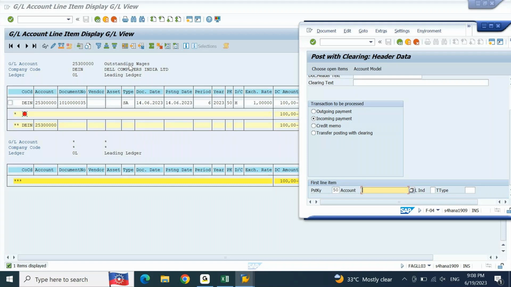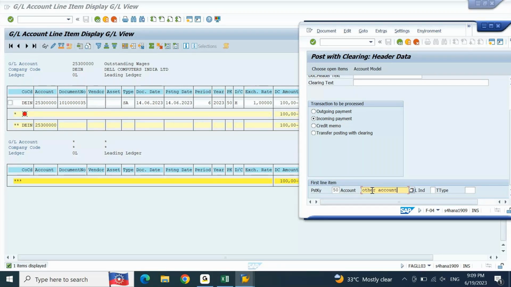I am not supposed to use outstanding wages because outstanding wages I am supposed to clear. Any account that you are trying to clear, any account that you are supposed to clear, you will not be using any posting key for that account. It will be taken automatically. You will be telling the system posting key only for the offsetting account. In short, if you are using posting key 50 for, let's say, other account,